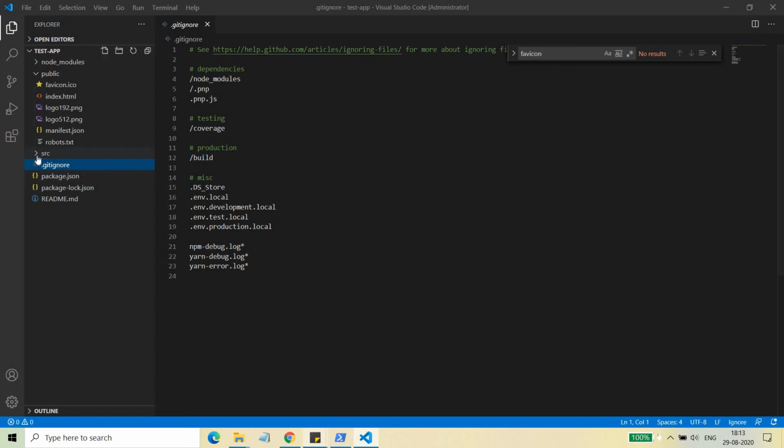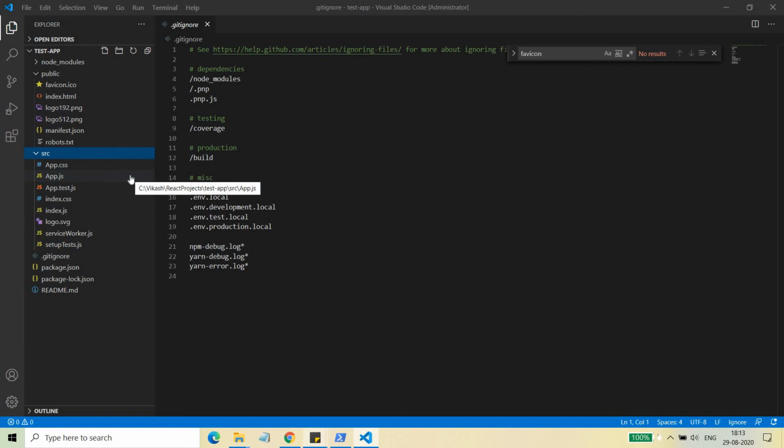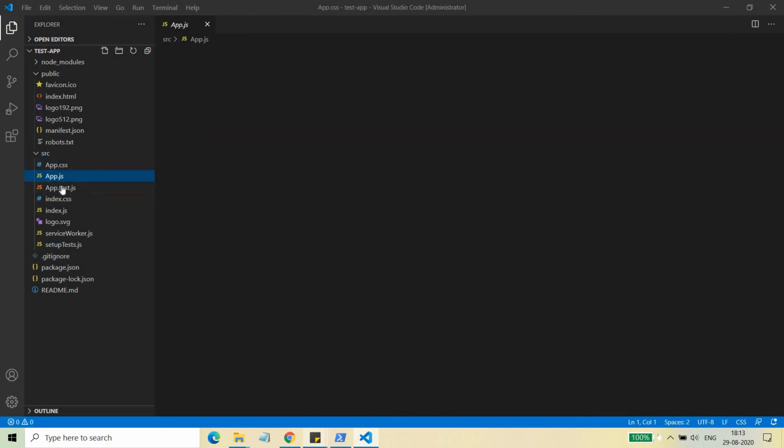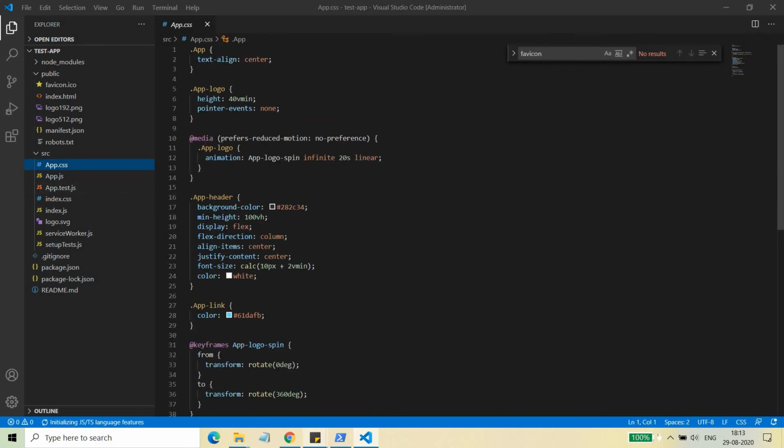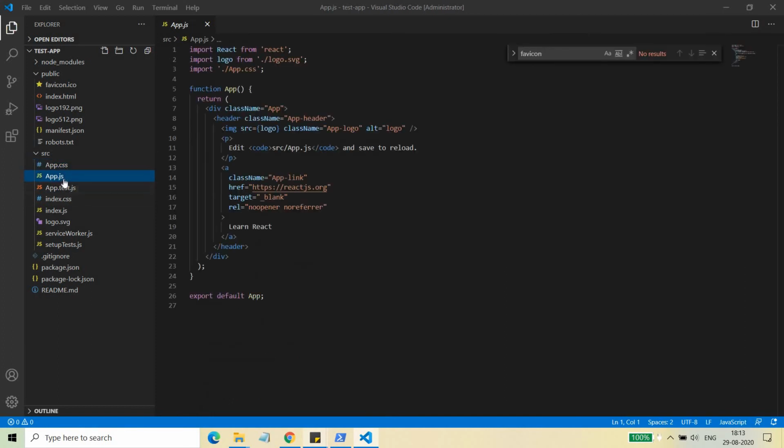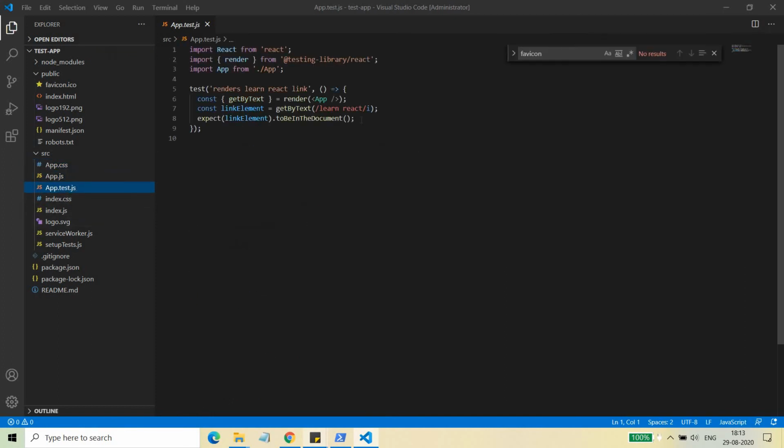Okay, and let's move to the src folder. This src folder is the main folder where you will write your own modules and all those things. So this app.css is basically the application level file. Application level is a global level, the top level, which is referring to your application, and this CSS is the cascading style sheet for your application level changes, for your application level JS file, and this is the test file, the instructions on how to test your application.